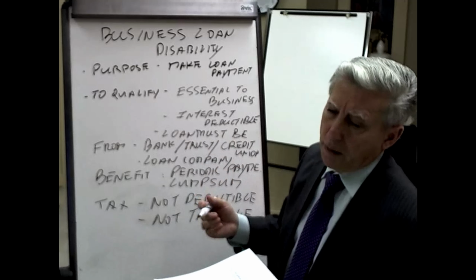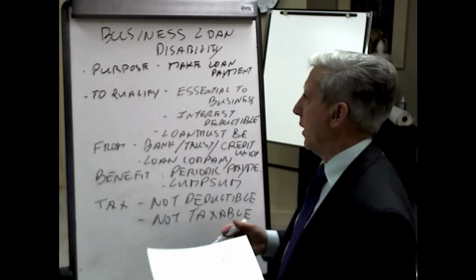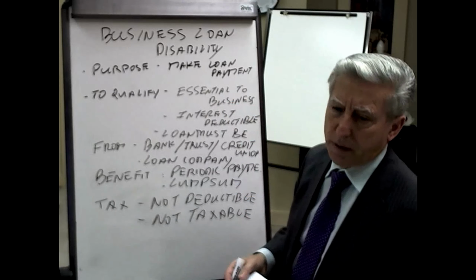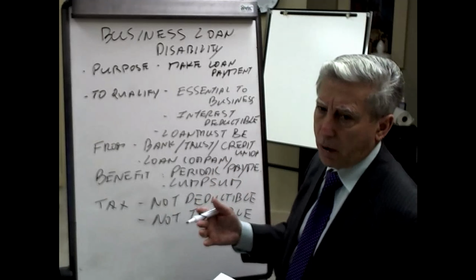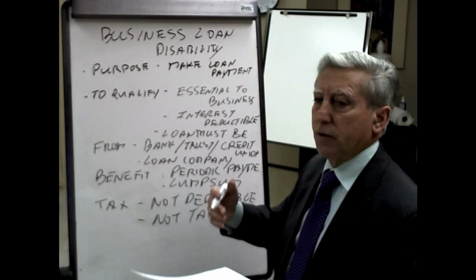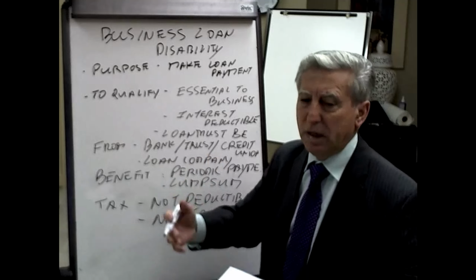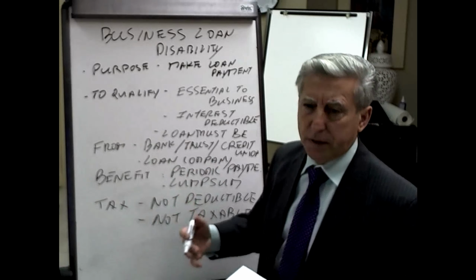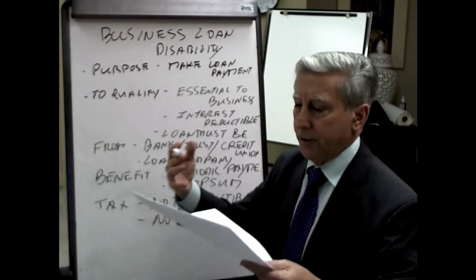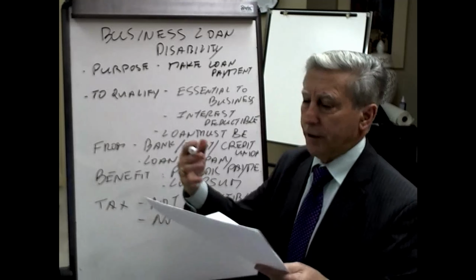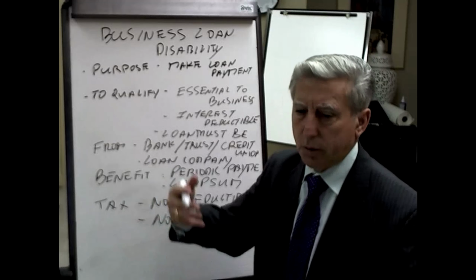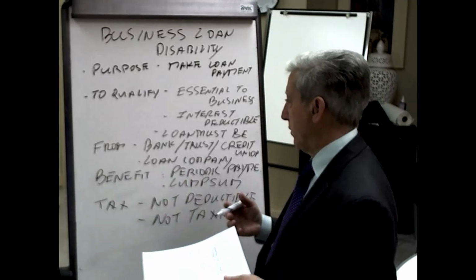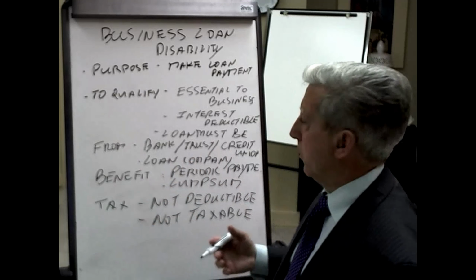Now, in order to qualify for business loan disability insurance, first of all, the loan has to be essential to the business. In other words, it is crucially important that the money is going to be used for the expansion of the business, or the maintenance of the business. So this is not you borrowing money so you can take a holiday. This is to borrow money that you're going to plow back into the business to maintain the business, to expand the business, whatever the case may be. So it is essential that you get this loan to cover those expenses.